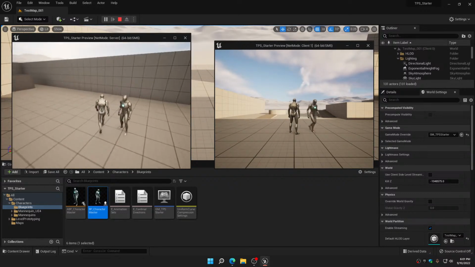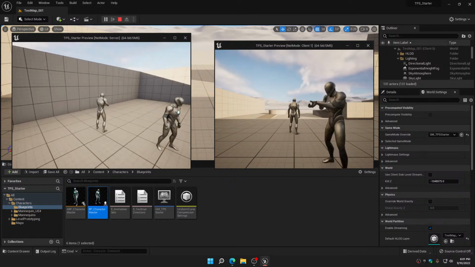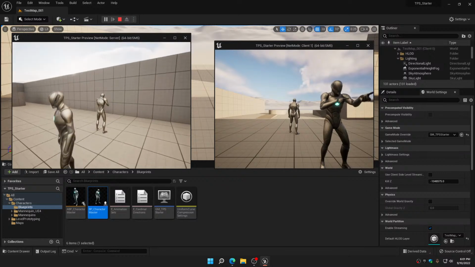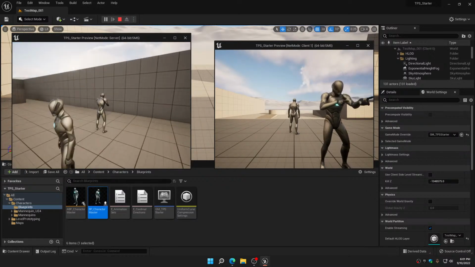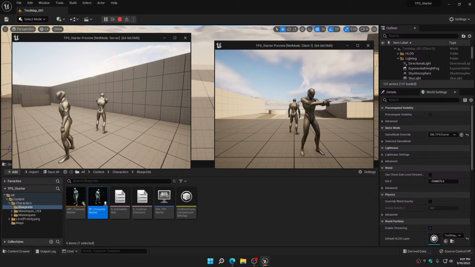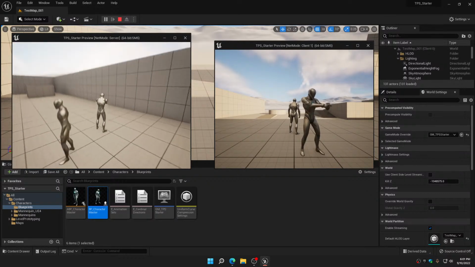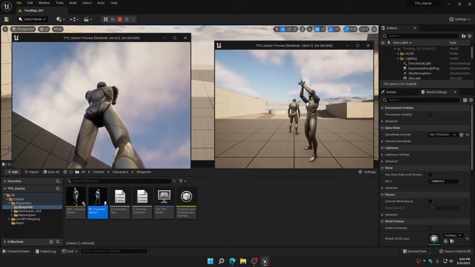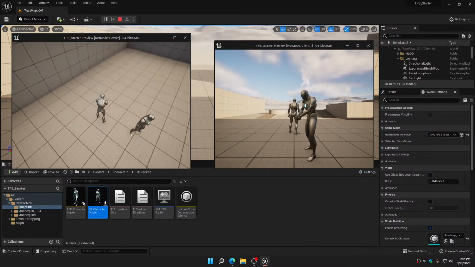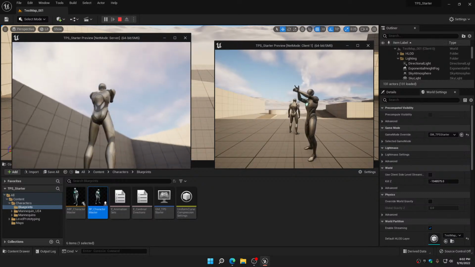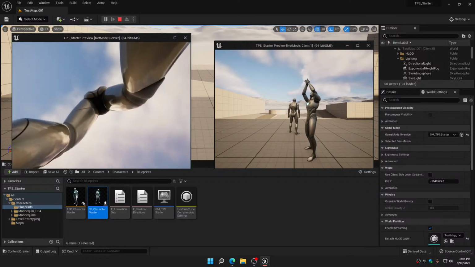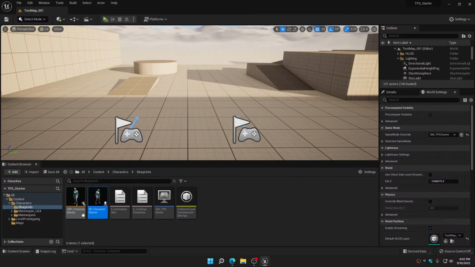Anyway, what I was trying to say was when we're in these other animation sets, the rifle looks okay-ish, but the pistol, I want you to watch what his hands do. See how... Well, I don't know. Maybe I've seen wrong, but it looks like the hands are not staying close together. See how they're spreading apart? Now, there's a bunch of different ways to fix that, but I noticed in here when I was messing around